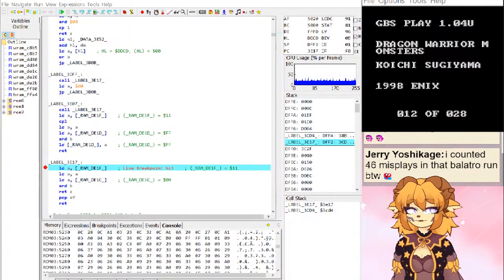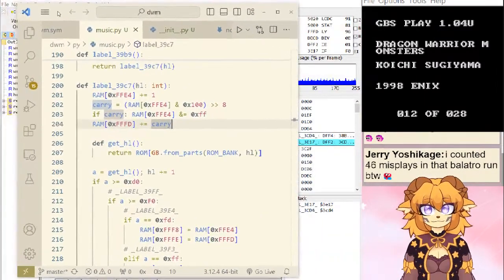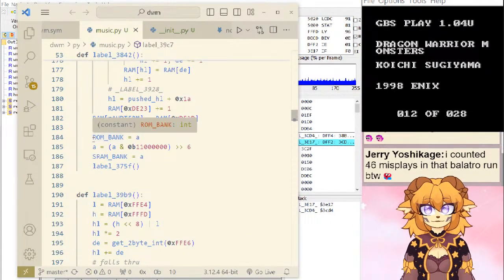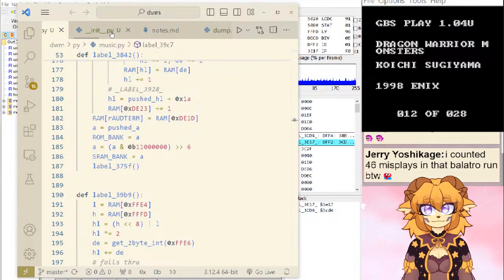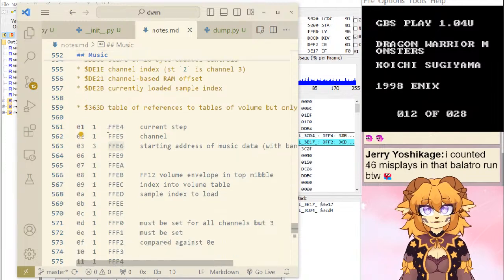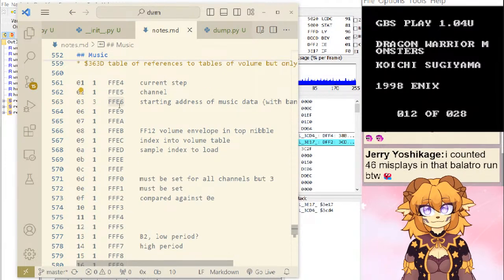Today we are decoding the music format. So let's start from the starting address, FFE6.